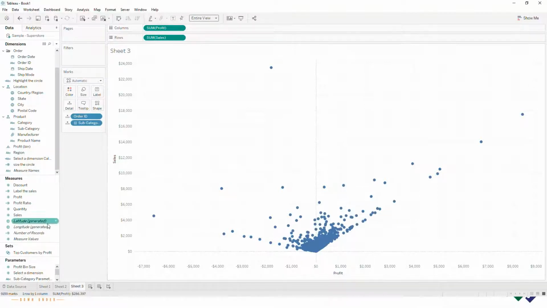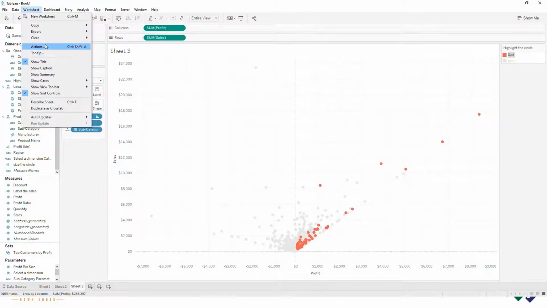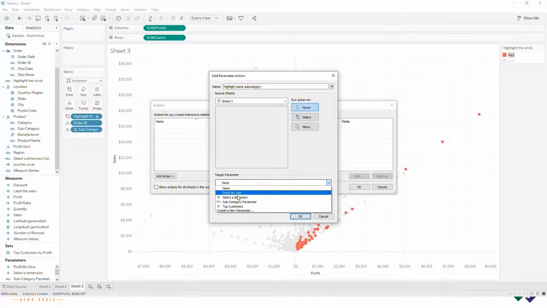In order to do that, I can use the same parameter, subcategory parameter, and I can use the same highlight the circle. So I'm keeping that highlight the circle into color, and I'm creating an action. I'm going to create a parameter action, highlight same subcategory. I'm naming it like that, and whenever I hover, I need to change the subcategory parameter, and subcategory,